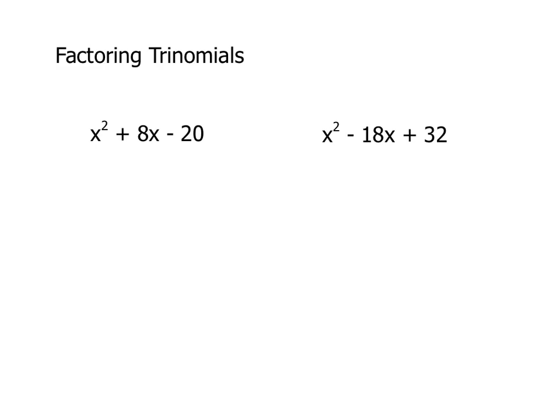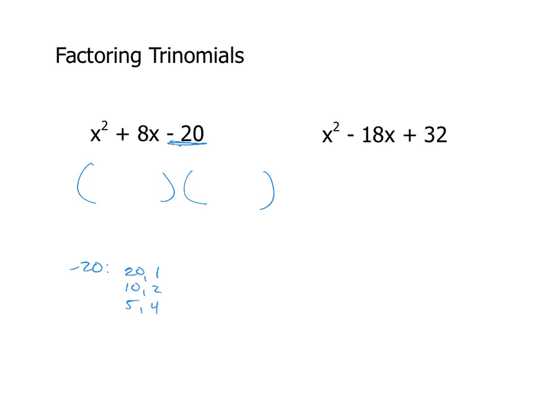My favorite, trinomials. First of all, when I'm factoring a trinomial, I'm going to recognize there are going to be two different parentheses here. And what I'm doing is looking for numbers that multiply to negative 20. I'm taking a look at that first. So negative 20 might be like a 20 and a 1. I'm going to ignore the signs right now. I'll show you how I fix that. A 10 and a 2. A 5 and a 4. And I think those are all the integer